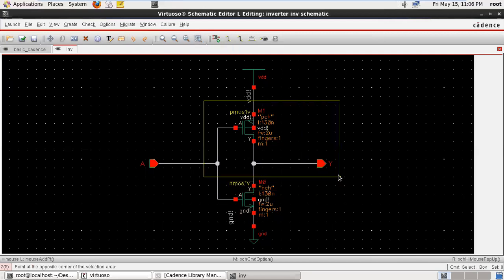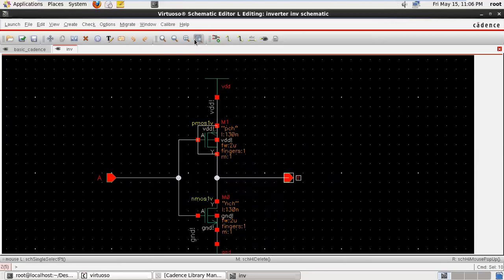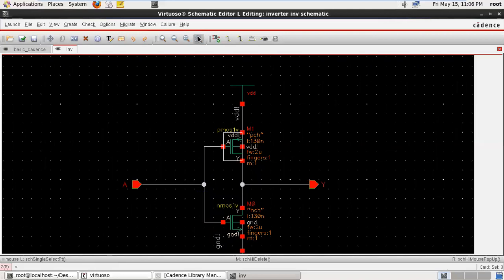Suppose you want to zoom a particular selected portion: select this, and when you zoom it, this is used to select a particular portion.